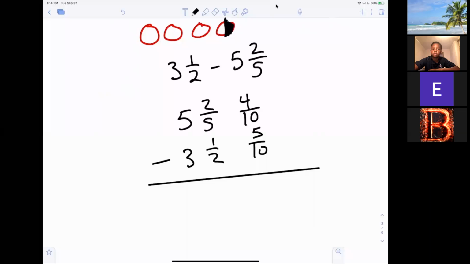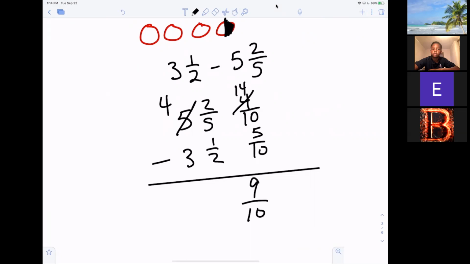Are we allowed to subtract these right now? No, you can't do that. Borrow, thank you. So the 5 becomes a 4, and the fraction becomes larger. Now when we subtract, good job. And 4 minus 3 is